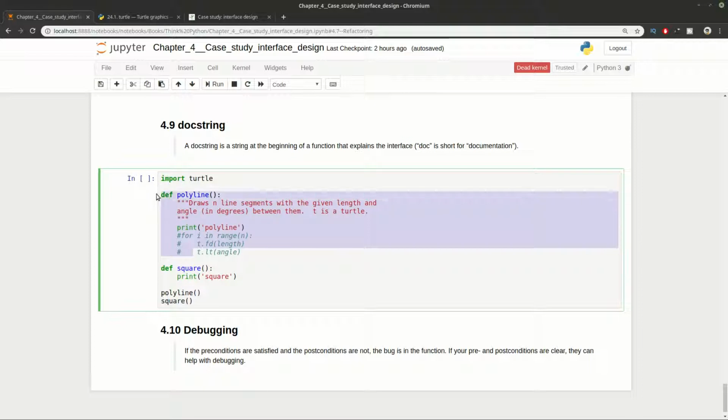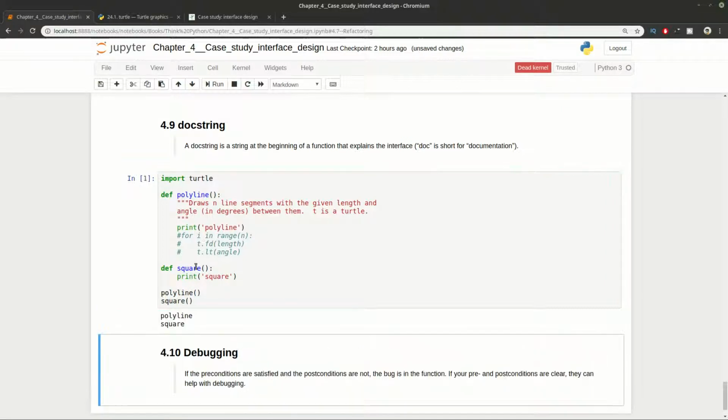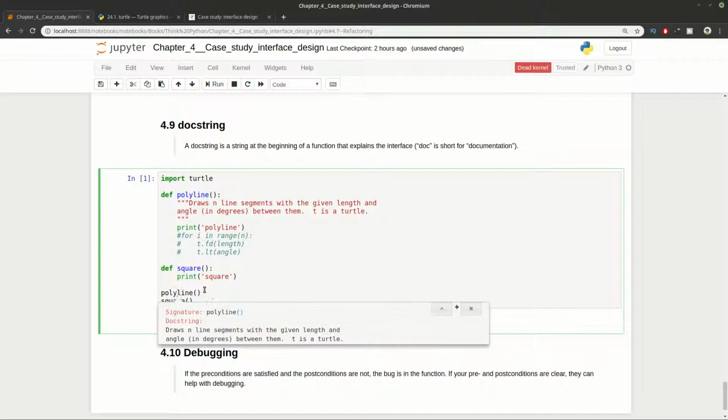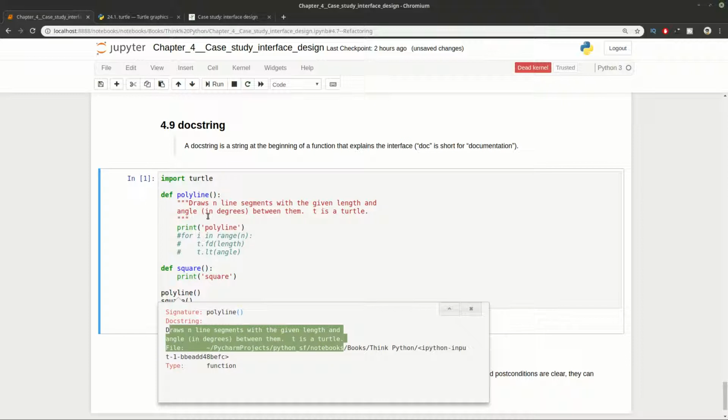You can find that we have two functions here. The first one is polyline, and the second one is square. You can see that we have a docstring here, which is written with triple quotes, and this one doesn't have it. If you try to find the documentation for the given function, you can do it in Jupyter Notebook by using Shift and Tab. You can find that we have some docstring, and the docstring is showing this information, which is really useful when you are new to this function and you want to get some information, how it is working, what it's doing, and so on.